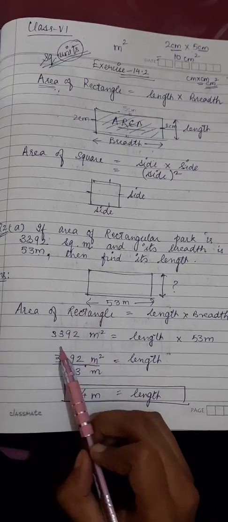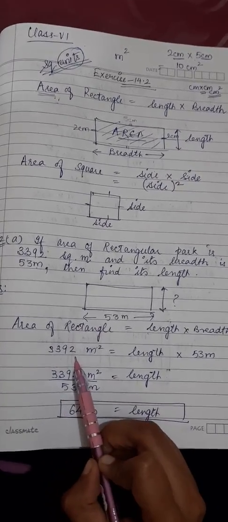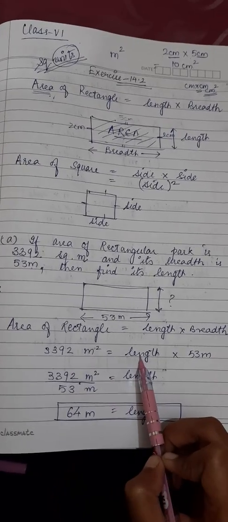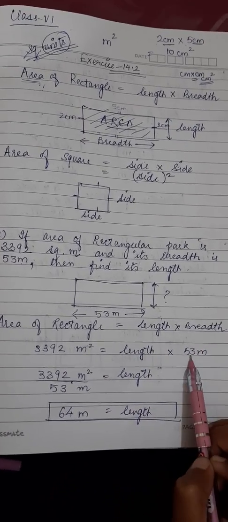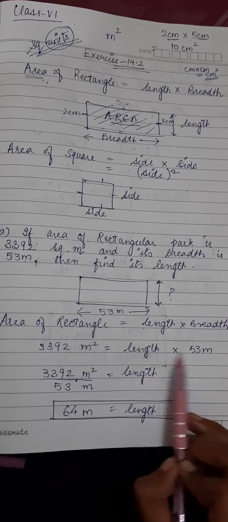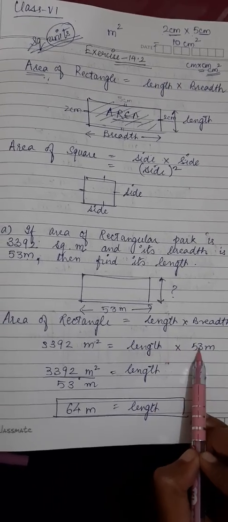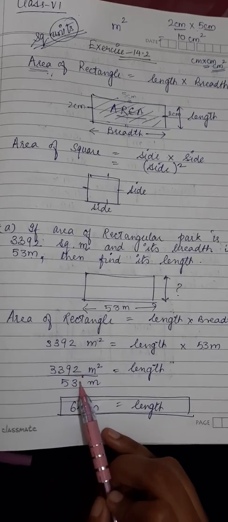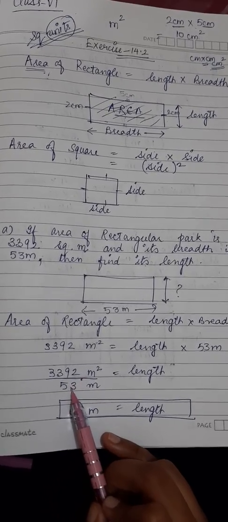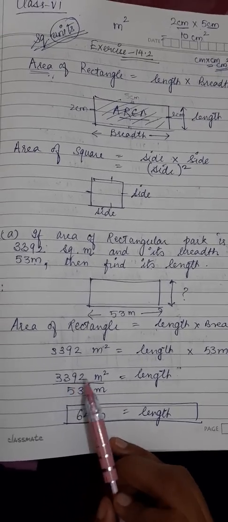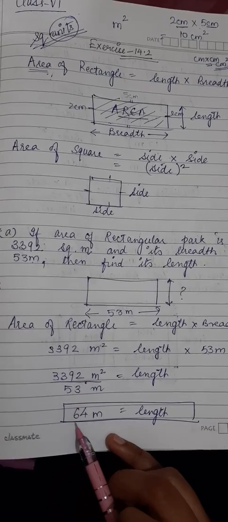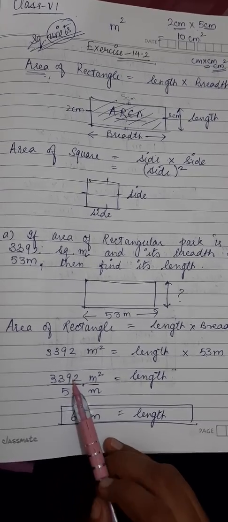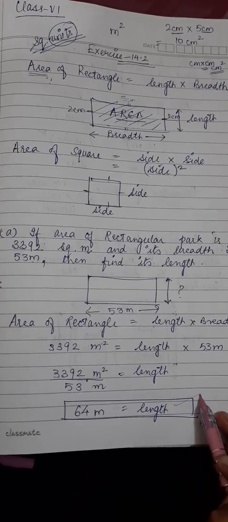Okay. Now let's do this question. Area is given to us 3392 meters square. Length you have to find and the breadth is given 53. When these two are multiplied with each other, we have to find the length. 53 will go on the other side and divide. When you are going to divide these two, on the table of 53, 3392 will go on the table of 53 on 64. You will divide these two and you will be getting the answer for length.